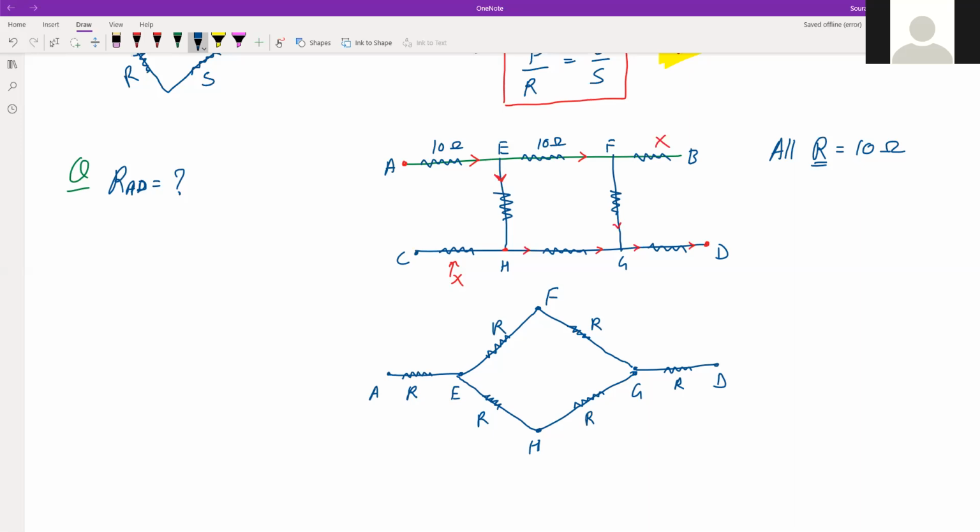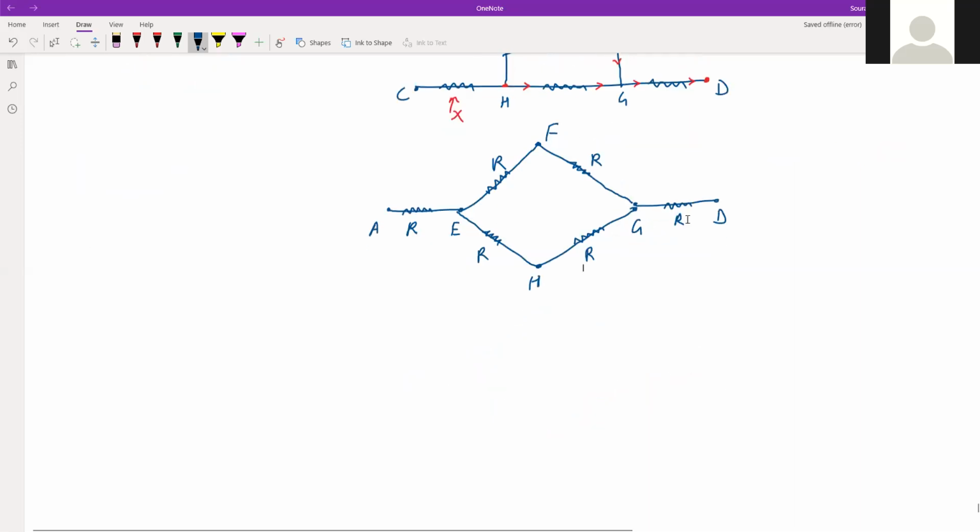All of these are R. So what will happen now? This is simplified, this simplified to this. Now simplify this. So the section E, F, and G, E to F and F to G, that has actually